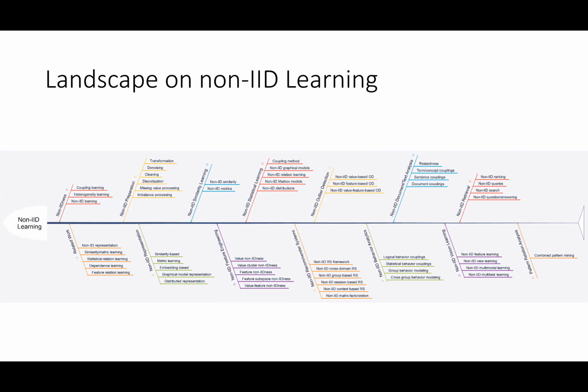If we think about all this in different machine learning or AI domains, whatever you like, there are areas related to representation learning, related to data preparation, like denoising, transformation, cleaning, discretization, missing value estimation, etc. Or if you do similarity learning, metric learning, etc. Or if you are interested in statistical learning, you use graphical models, hidden relation learning or Markov models, etc. And in another case, if you want to do risk analytics, outlier detection, from the value to the feature, etc. And if you work on NLP, the words, sentences and documents couple and interact with each other